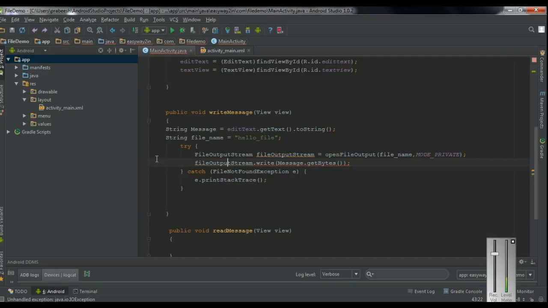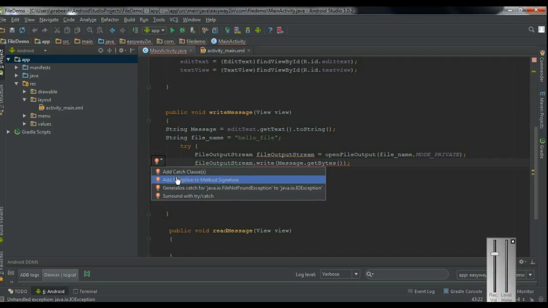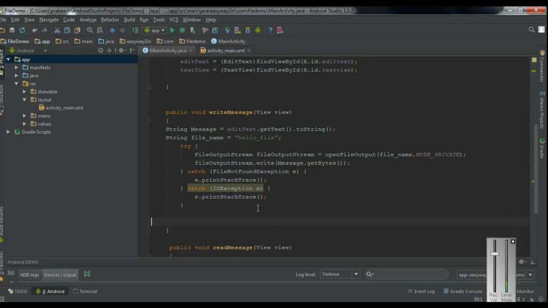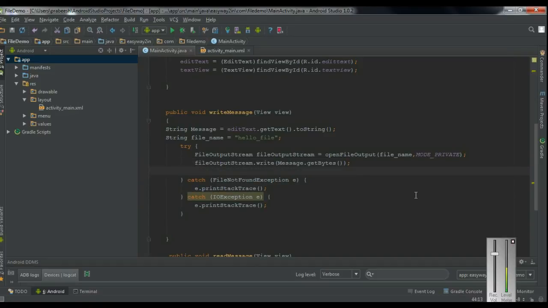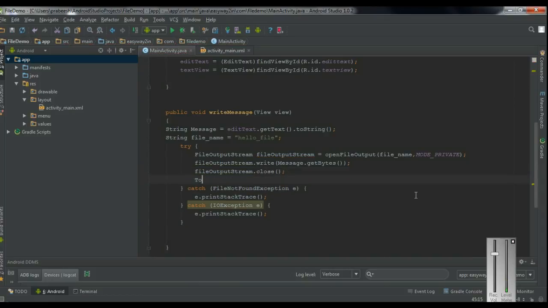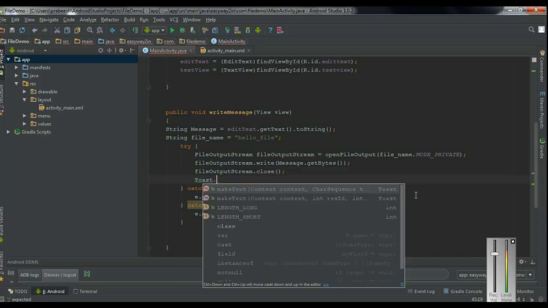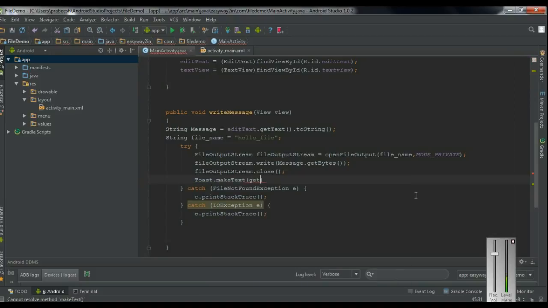Okay, we have to add the catch clause. Here the exception is IOException. And finally we have to close the file output stream, fileOutputStream.close(), and display a message to the user: Toast.makeText, getApplicationContext,